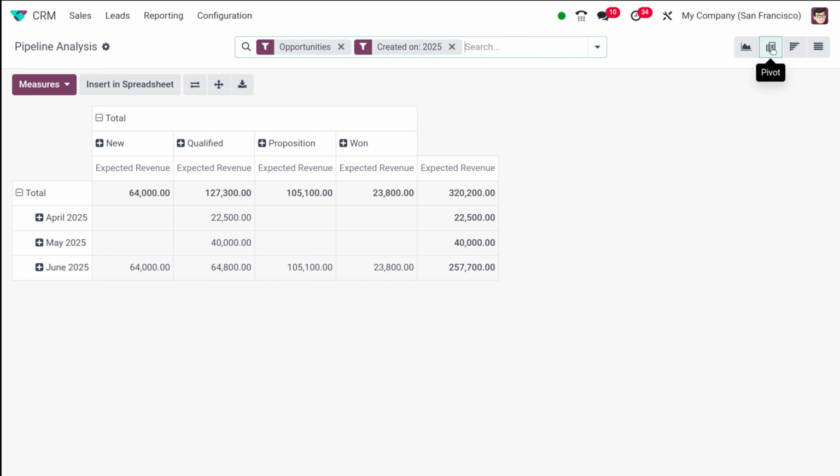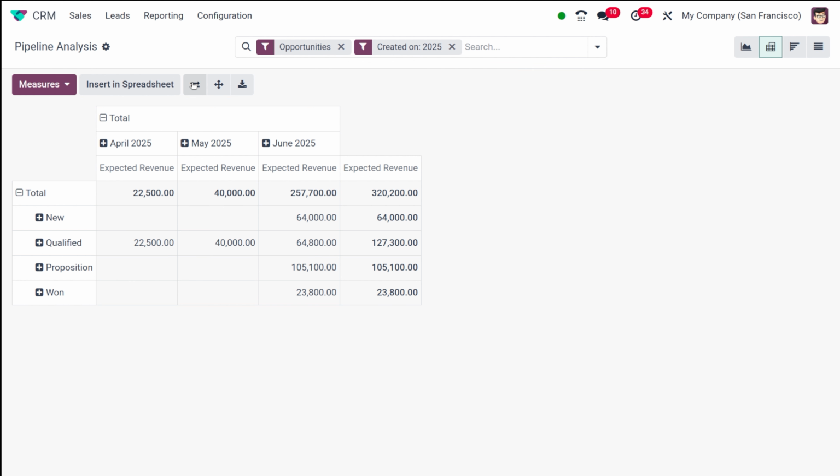So this is basically the data displayed in a powerful customizable table format, great for detailed analysis. Here you can flip the axis. So click on this and this will flip the axis. And to swap your rows and columns, you can basically use this flip axis. And if you have multiple groupings, then you can click on this expand all so that it will be expanded. And also you can download it as an XLSX file to get your table directly into Excel.